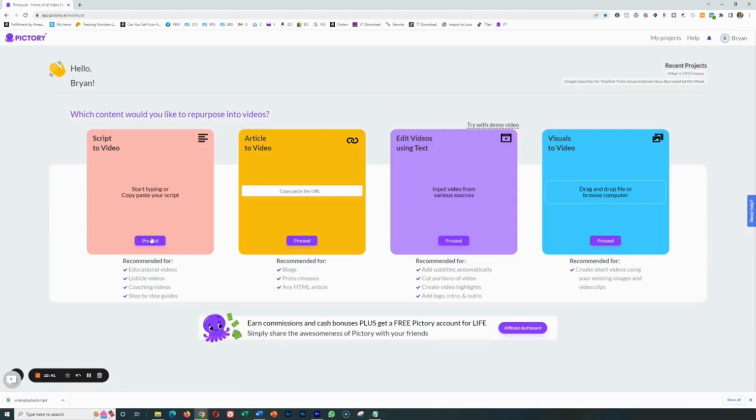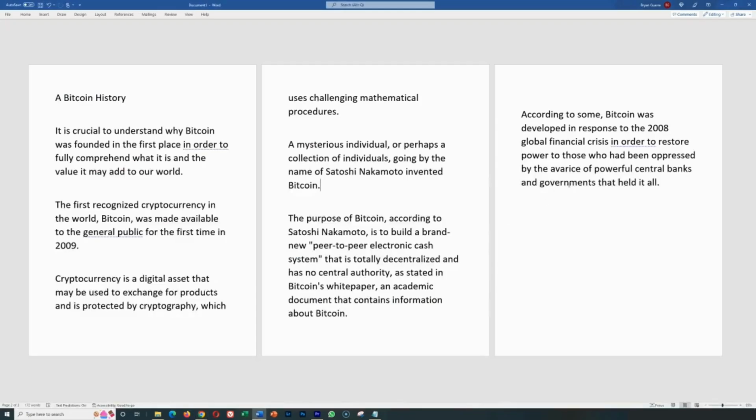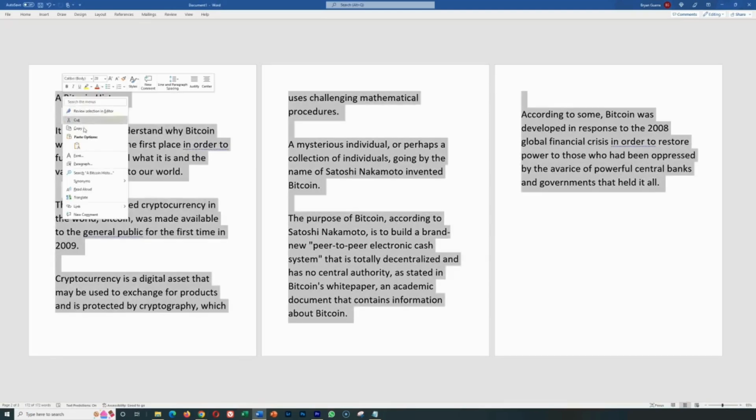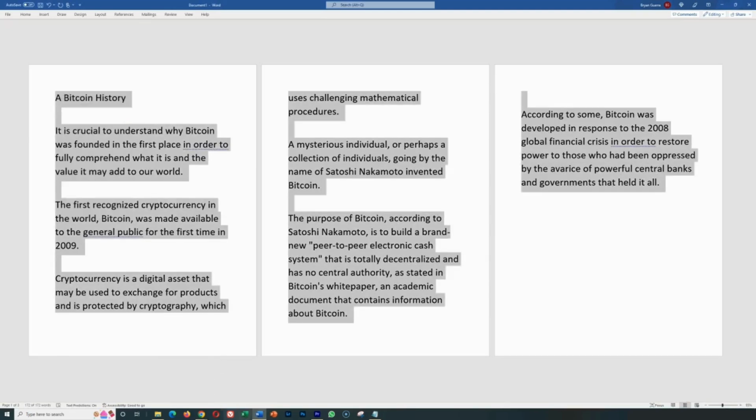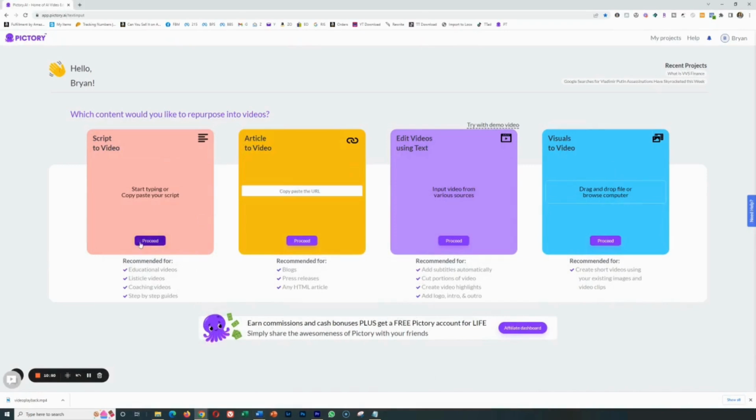All right. This software is a game changer. So all you need is a video script, right? We already created the video script in a previous lecture. I showed you how. Now we're going to take it into Pictory, and we're literally just going to paste our